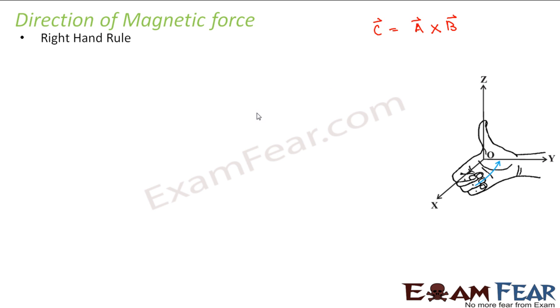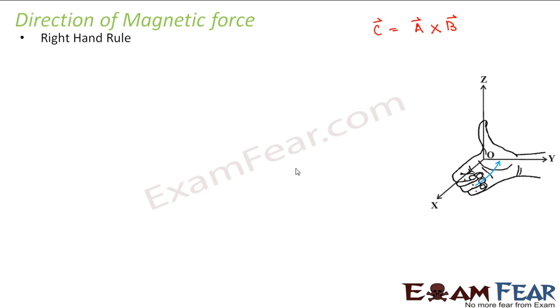So what is this right hand rule? Take your right hand; this you will have to experiment on your own. Do as I direct you. Curl all four fingers in such a way that they move from the direction of A towards the direction of B. The direction to which your thumb points is the direction of C. That is the convention we use in the right hand rule, and this is how we find the direction of the cross product of two vectors.